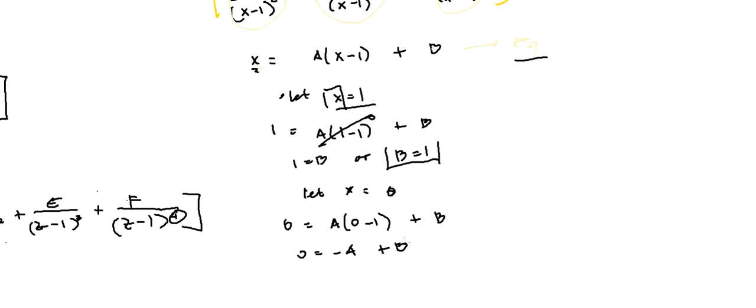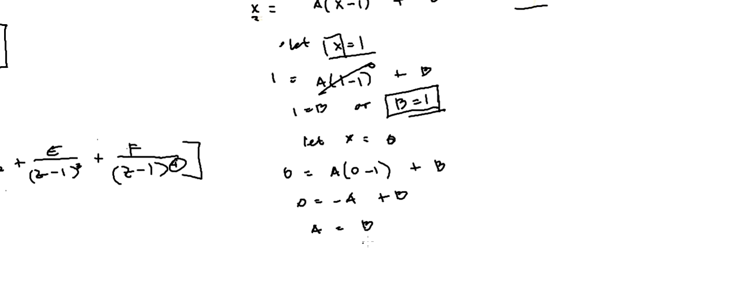So getting the value of A, we have A is equal to B, right? And we know from our previous equation that the value of B is equal to 1. So if B is equal to 1, then A is equal to 1. So all in all, B is equal to 1 as well as A. Okay,